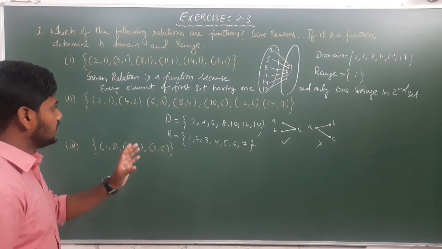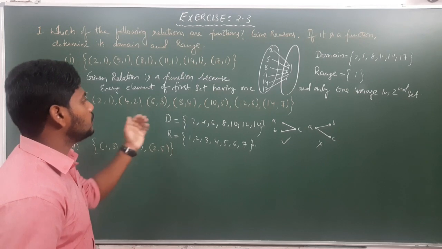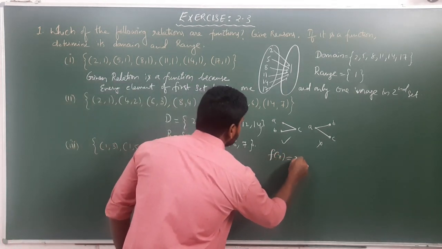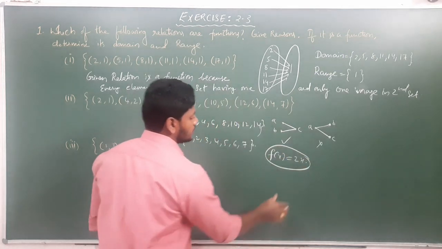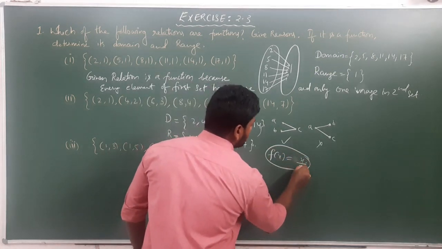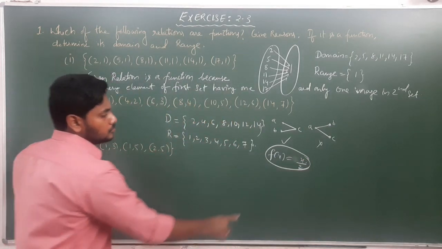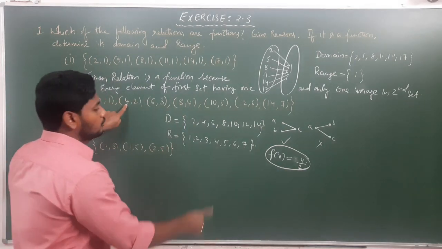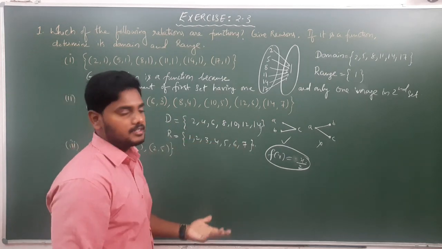Next, can anyone identify what is the relation between that? Nothing but what is the function in between? So I will tell f of x equal to 2x. Sorry, f of x equal to x by 2. Why? Because if x is equal to 2, 2 by 2 what? 1. If x is equal to 4, 4 by 2 what? 2. 6 by 2, 3. So if they ask, then we can write.